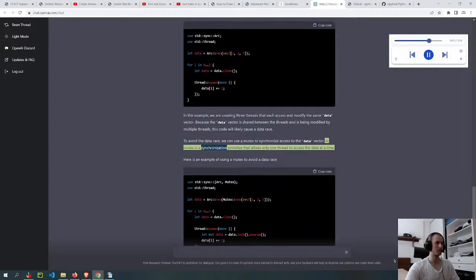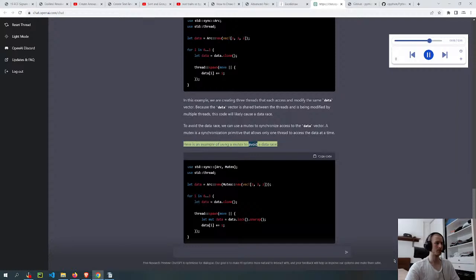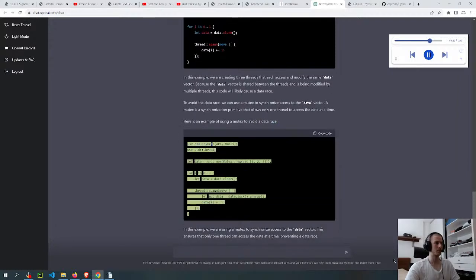A mutex is a synchronization primitive that allows only one thread to access the data at a time. Here is an example of using a mutex to avoid a data race. use std::sync::{Arc, Mutex}; use std::thread; let data = Arc::new(Mutex::new(vec![1, 2, 3])); for i in 0..3 { let data = data.clone(); thread::spawn(move || { let mut data = data.lock().unwrap(); data[i] += 1; });